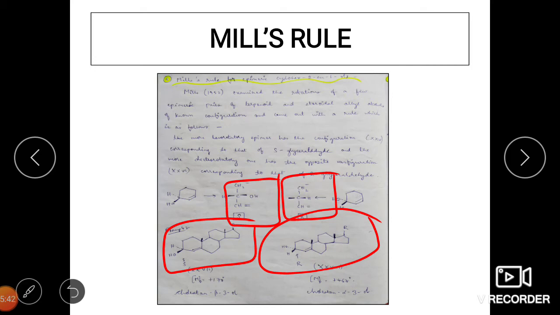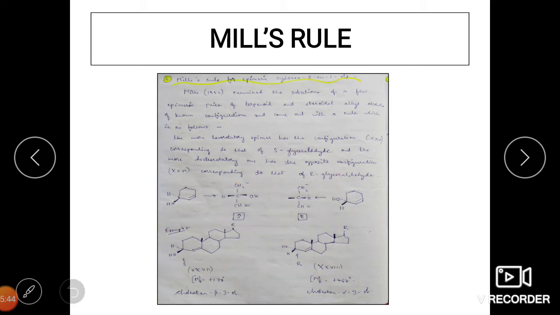Now suppose, for example, here you have a structure of a double bond and a hydroxyl group which is similar to that of the proposed or the absolute configuration, and this we know is going to be S-glyceraldehyde.